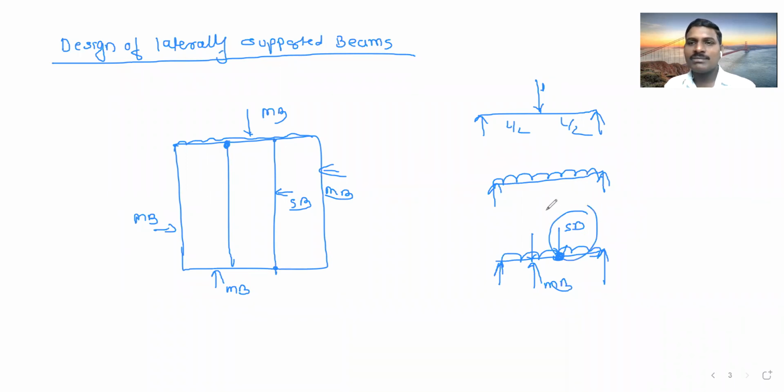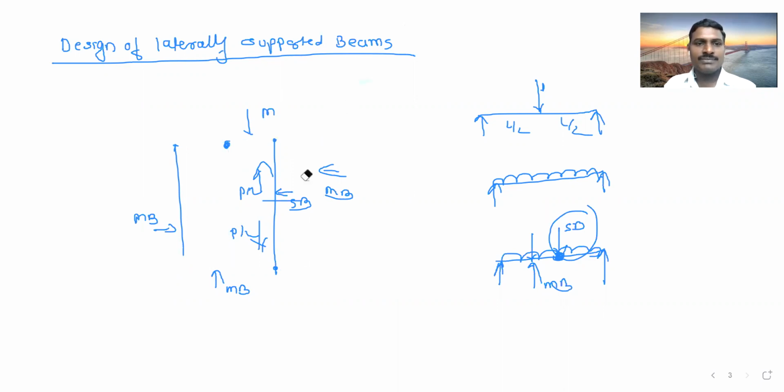Point load, so far we were hearing, point load means what? On this particular beam some other member is connected, and this other member is transferring half the load here and half the load this side. P by 2 this side and P by 2 this side, of whatever load is coming on this secondary beam. Are you getting? Such conditions happen in the market or industry.